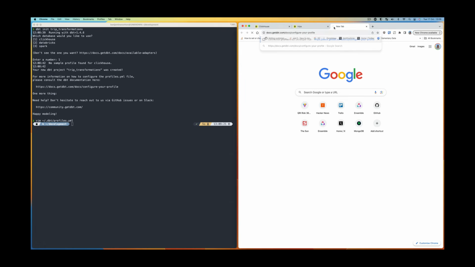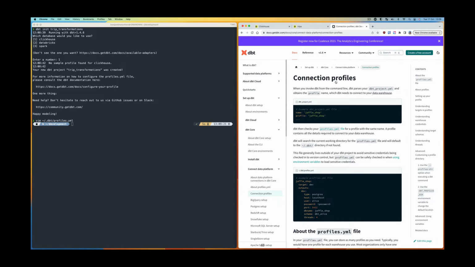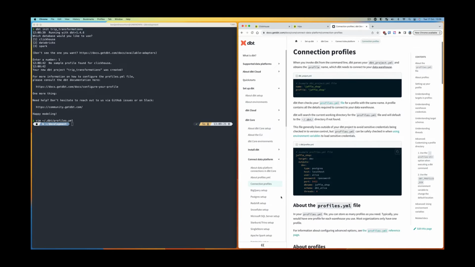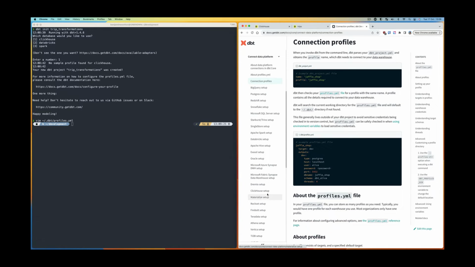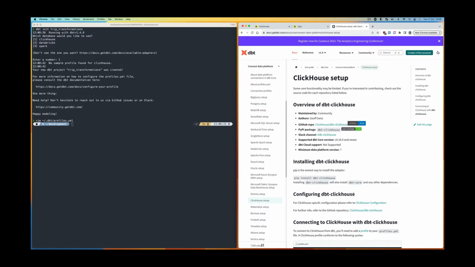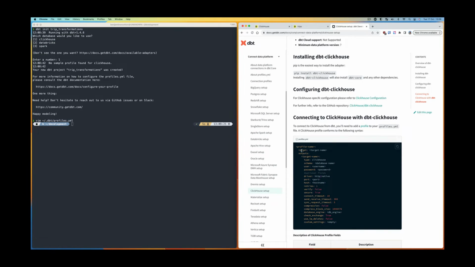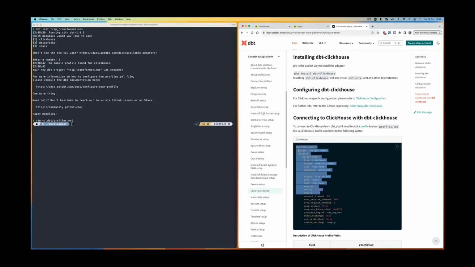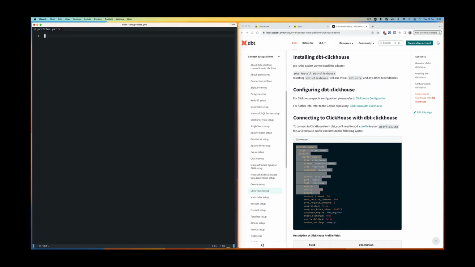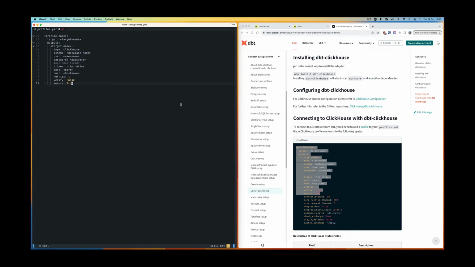What I'm going to do is copy this URL which dbt has suggested to us. If we navigate there, we can see that initially we see a generic profile.yml entry. But what we can do is navigate to the page specifically for ClickHouse. I'm going to copy this template entry, but just the top half or so, because we can accept defaults for the rest. We don't have to set all of those right now. And if we go back into our .dbt profiles.yml file and paste that template in,